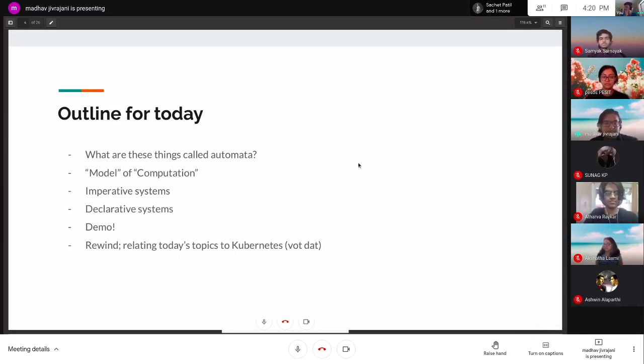Based on the time, I'll either try to live code it or just run it for you, and all of the code is on GitHub, so you can play around with it and ask questions on Slack. After the demo, we'll take a step back and see how whatever we learned today relates to Kubernetes.